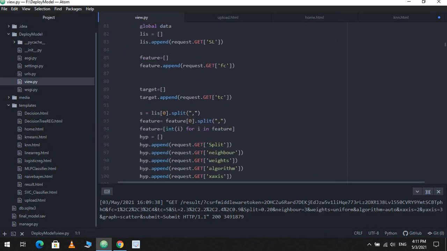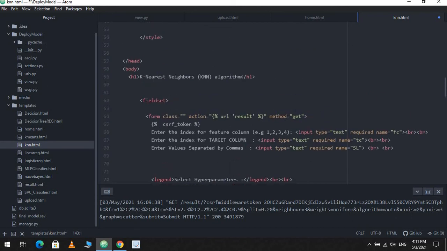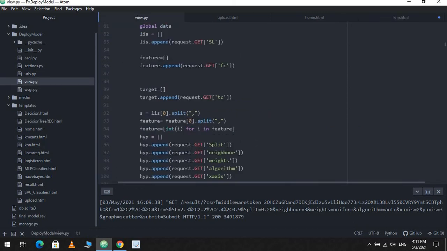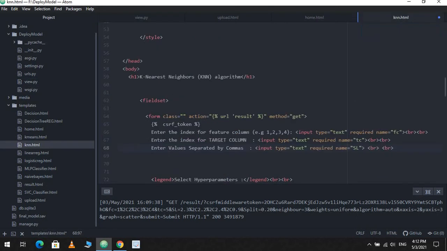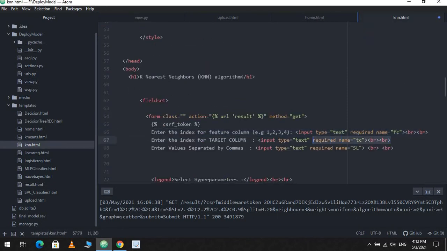In list I am getting the SL value, which is my first value. Enter values separated by commas. In feature column I am fetching the feature column value FC, and in target column, for TC, I am getting the target column, right?